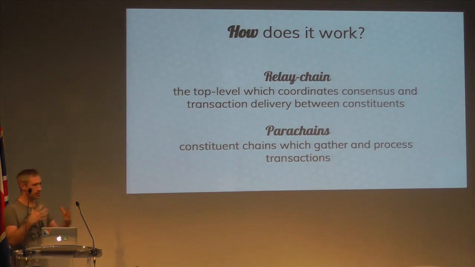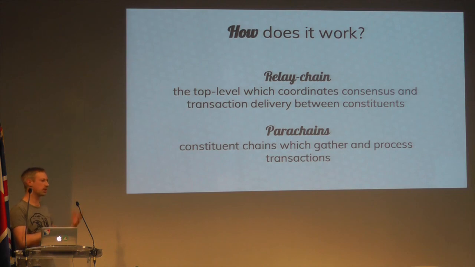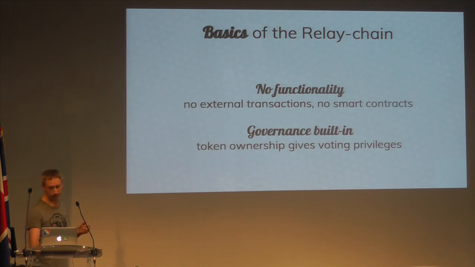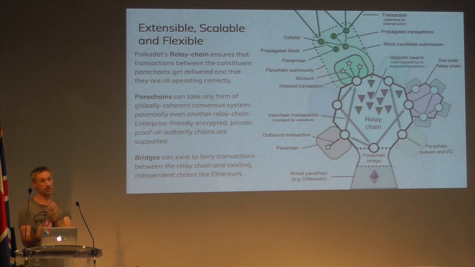And the idea is that you can add new kinds of parachains onto the system as it's running. So in much the same way that with Ethereum you can code up new contracts, with Polkadot you can code up new blockchains and just tack them on. And those blockchains can use arbitrary consensus mechanisms. They can even not be really part of the system. They can be bridge chains. So they could, in principle, look like a relay chain themselves, and then you've got this composable hierarchical system of chains, which would then lead to much greater potential